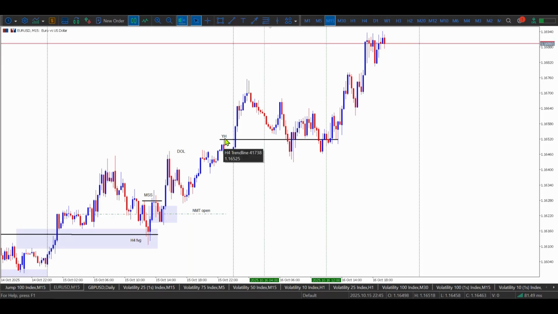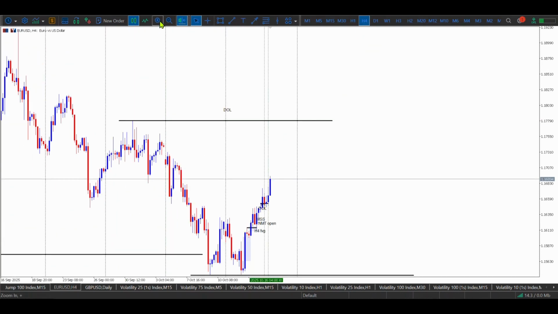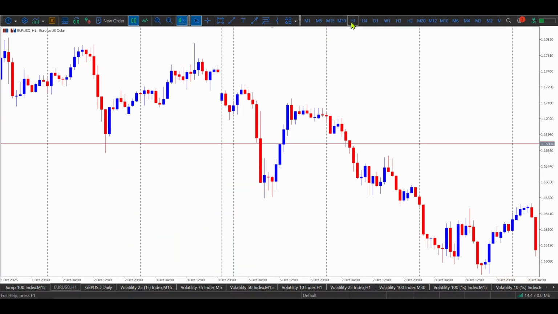This is our first point of confirmation of longs. We can expect this yesterday's high to act as support, just like it did here. So let's switch to H4 and see if we had any fair value gap. On H4 we didn't have any fair value gap, as you can see, no H4 fair value gap right here. Let's see H1